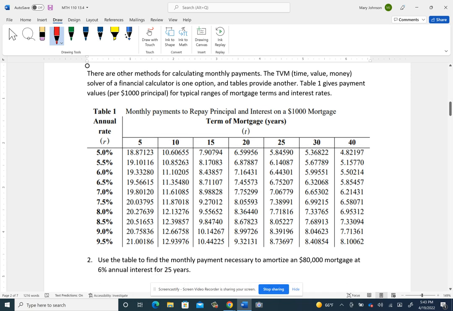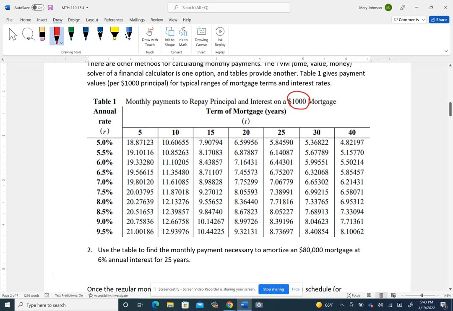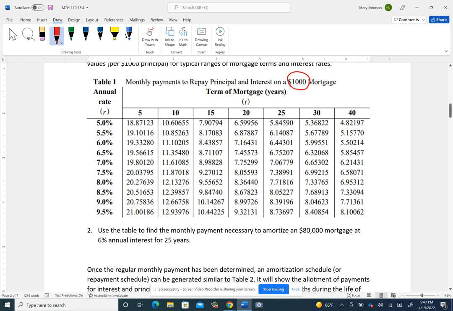Now, the hard part about this table is the table tells you what the payment would be if you borrowed $1,000. But you typically borrow tens of thousands, right? You don't just borrow 1,000. So you have to understand how to utilize the table. So we're going to do the same problem, but we're going to use the table to find the payment, okay? So what you're going to do is you're going to take that 6% and you're going to take that 25 years and you're going to look for where those two intersect, and you get the